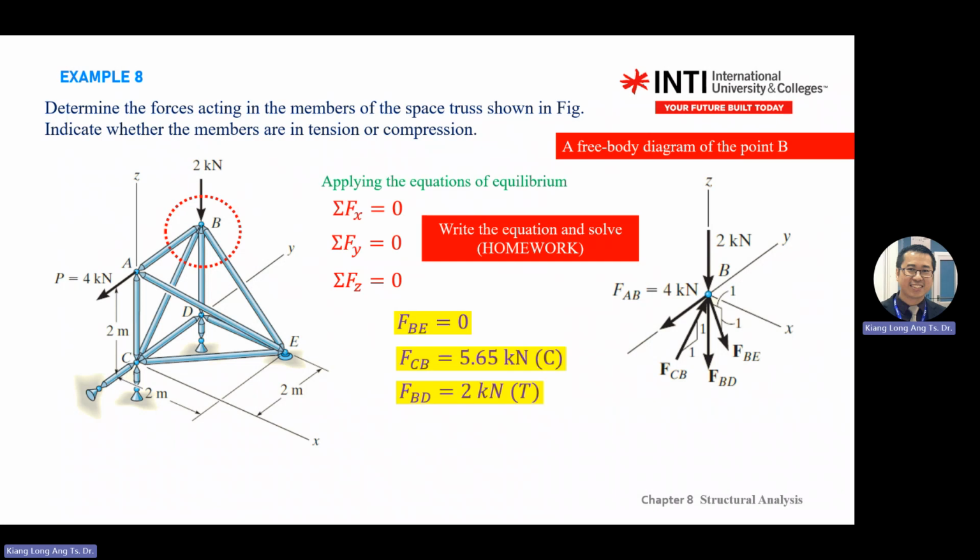This one. FBE 0. So FBE 0 means this is a zero force member. And FCB is positive value pointing into the pin. Of course, if earlier the arrow you point out, you'll get negative value. Remember, when you get negative, remember to flip the value, the arrow, and then also